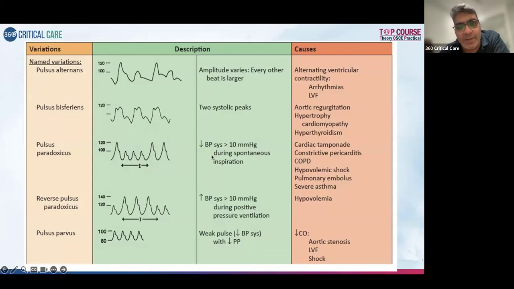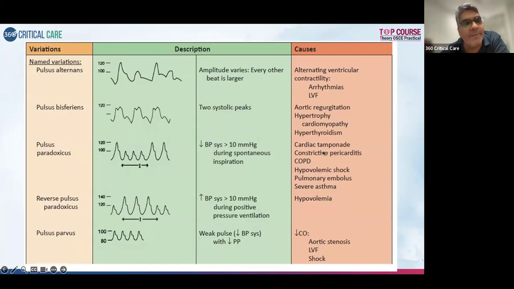So when will it happen? Anything that causes a significant pressure difference in the intrathoracic cage or in the pericardium, which is tamponade and pericarditis, COPD with air retention, severe asthma with air retention, pulmonary embolism with restriction of the movement of the ventricles, and hypovolemic shock, where you don't have much blood going into the heart with these changes in the intrathoracic pressure. So anything that causes intrathoracic and intracardiac pressure changes significantly can cause a pulsus paradoxus,